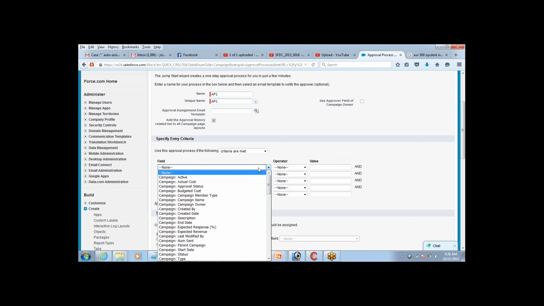Now entry criteria we need to specify. What is my entry criteria? Entry criteria is going to be,